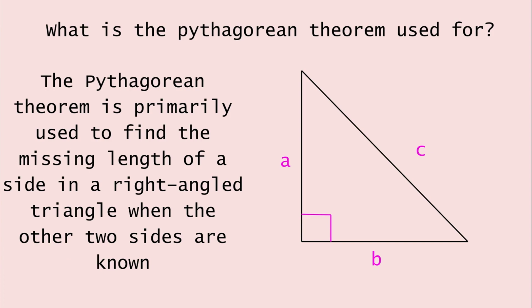So what is the Pythagorean theorem even used for in the first place? We'll talk about that. The Pythagorean theorem is used to find a side of a right angle triangle when two sides are shown. So, for example, if you know A and B, you can easily find C. Same thing if you have A and C, you can find B, and when you have B and C, you